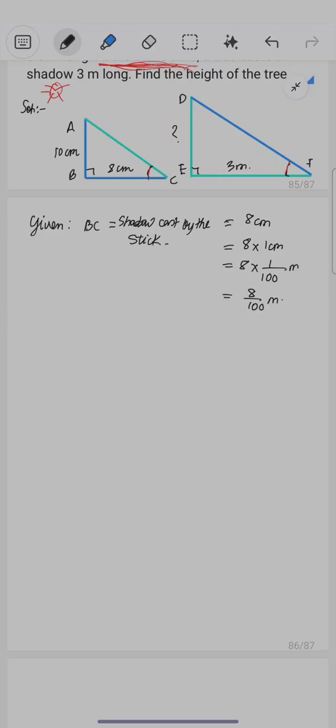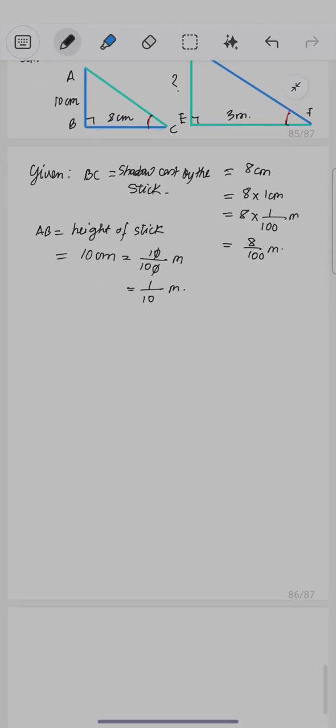AB is the height of the stick, 10 cm, which is 10 by 100 meter. Cancel the 0, 1 by 10 meter. Similarly,